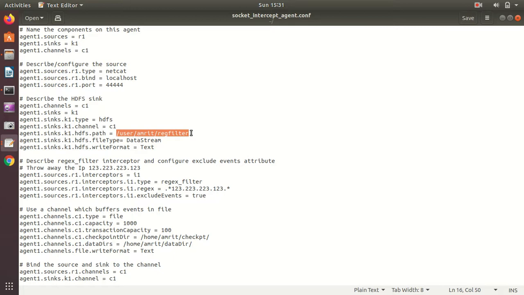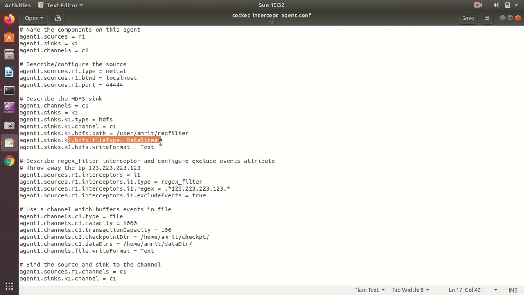Because this is the path which will contain my filtered events, or my events which have been modified, whatever condition I'll be supplying over there. My channel is file channel, which I have described later at the bottom of this file. Although the sink is HDFS, another parameter I'm specifying here is the file type, data stream.